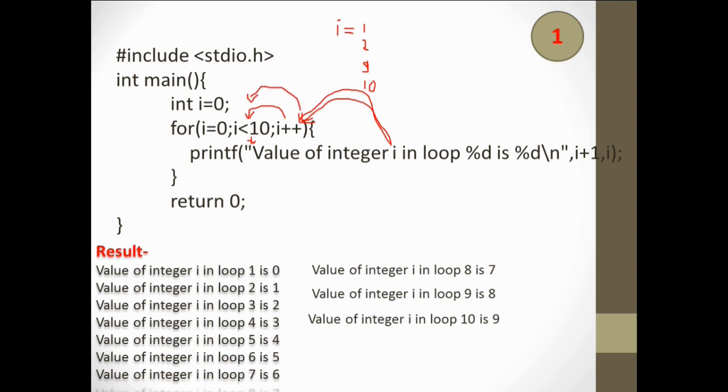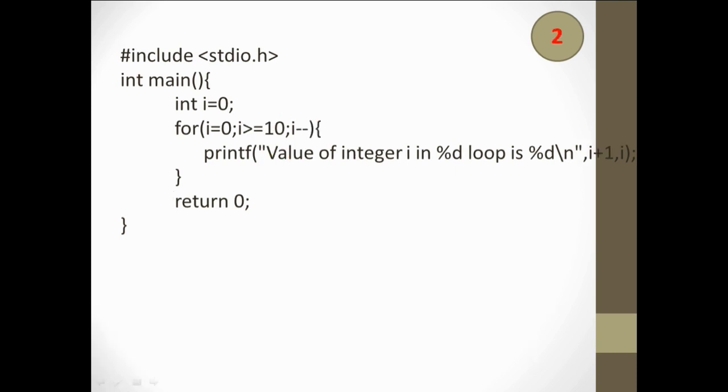Okay, after that it will go to that condition part and check whether 10 is less than 10 or not. So this condition becomes false. Okay, 10 is not less than 10, so it will not go inside that for loop and will not execute this statement, and it will execute the return 0 statement, and the final output which you get is this. Okay, so this is the second question, and here we will see the solution of the second.